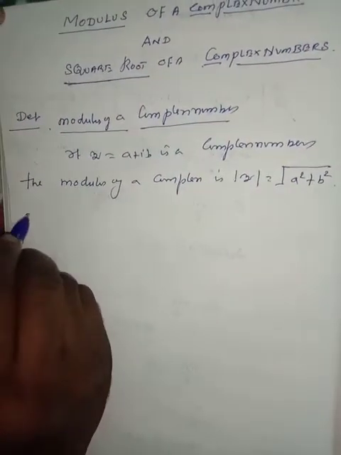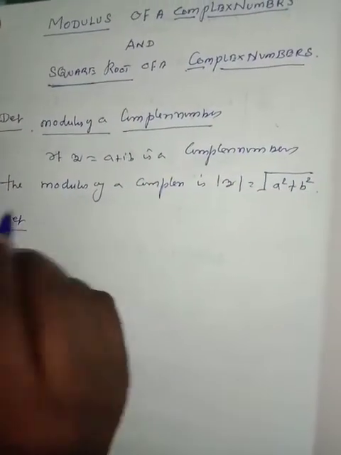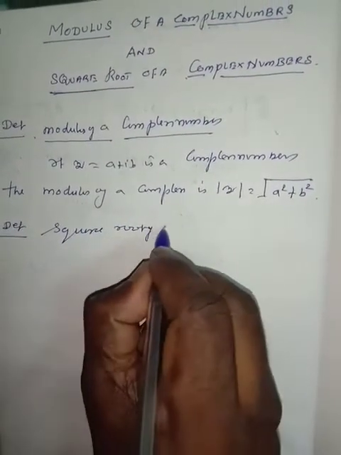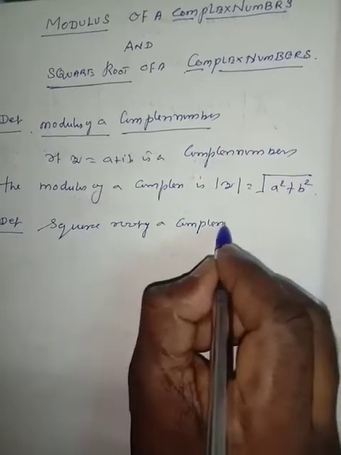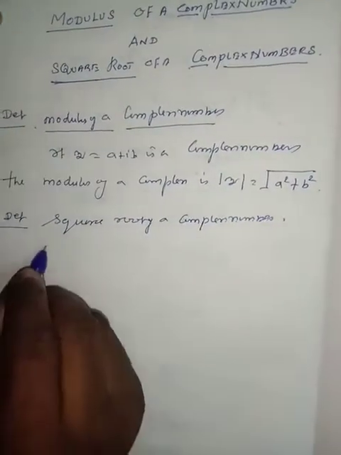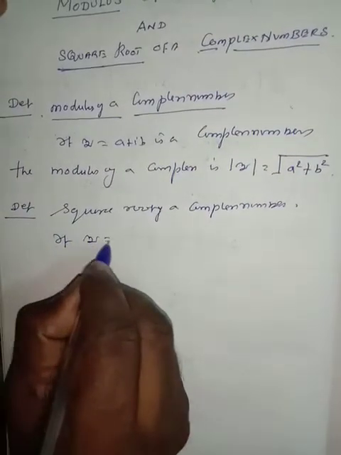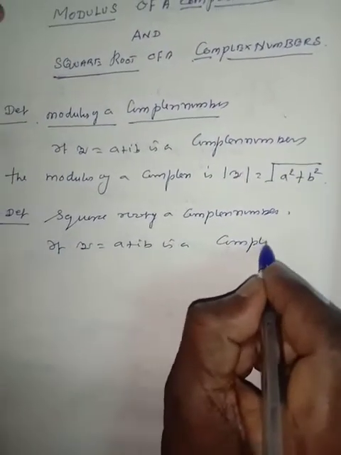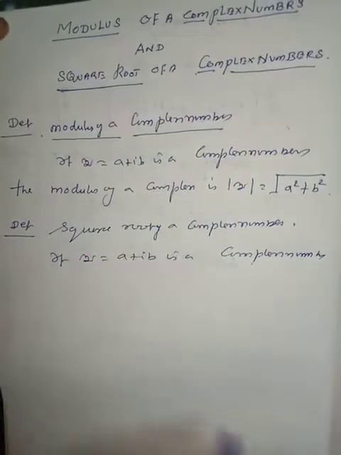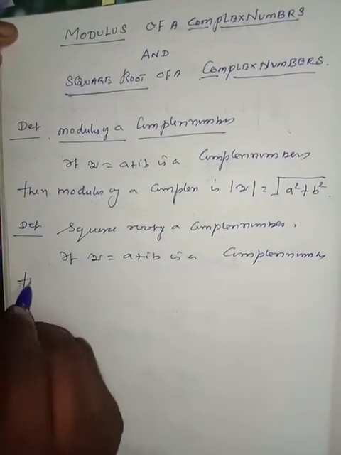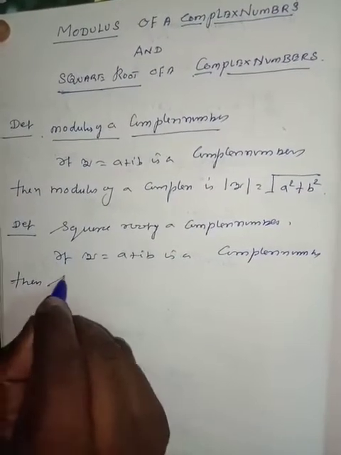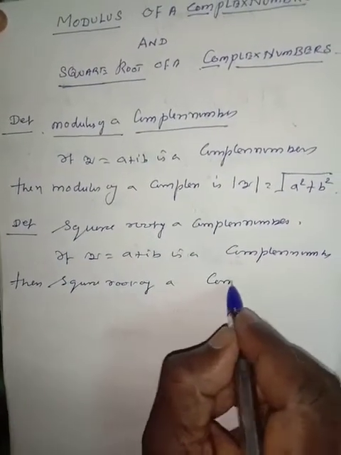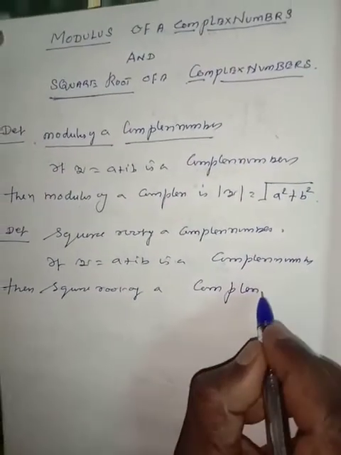Next definition: square root of a complex number. If z = a + ib is a complex number, then the square root of a complex number is